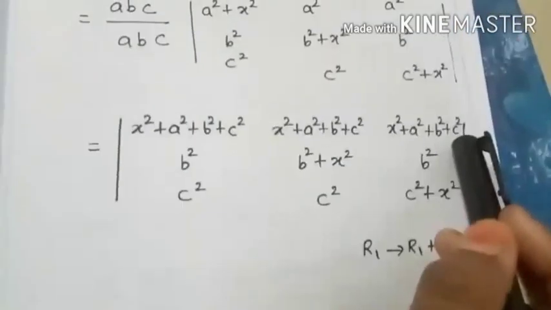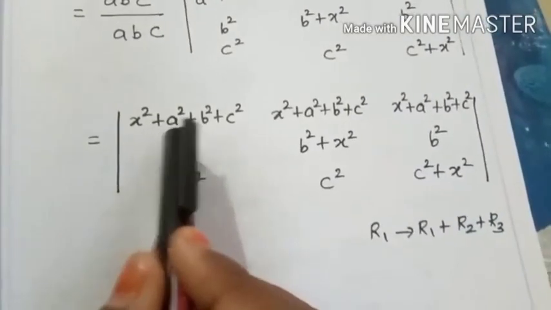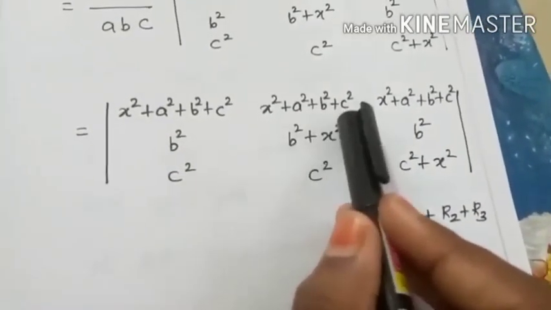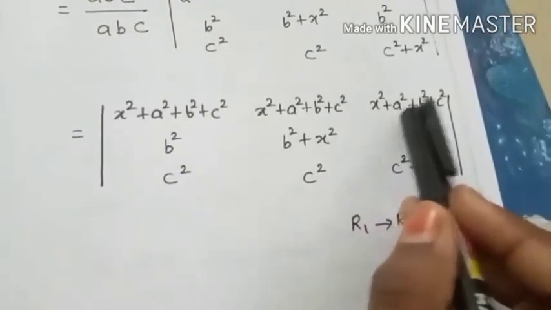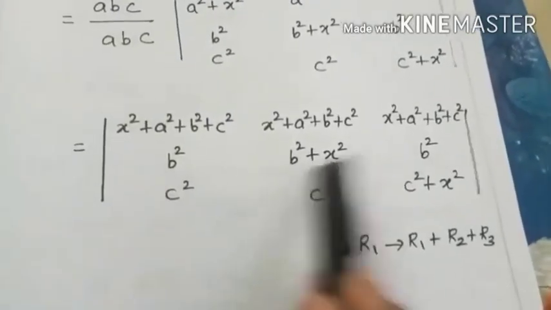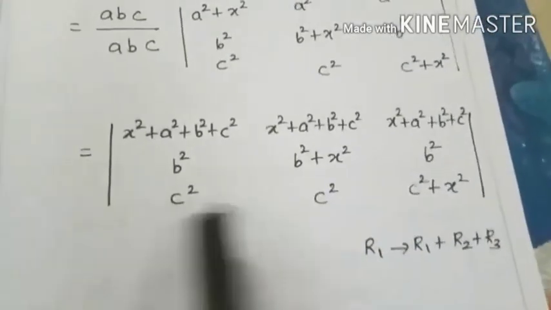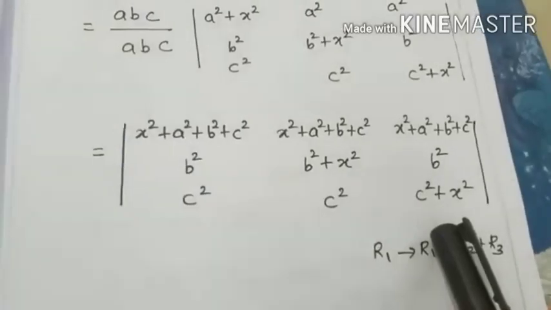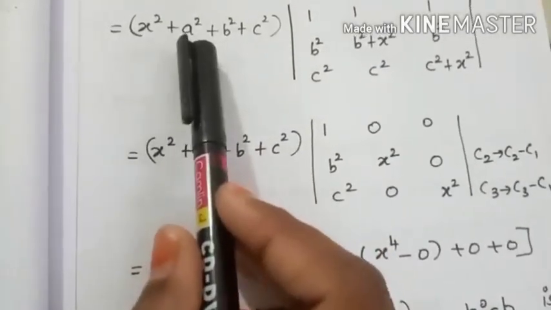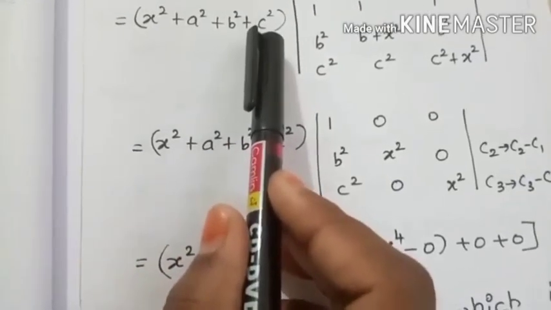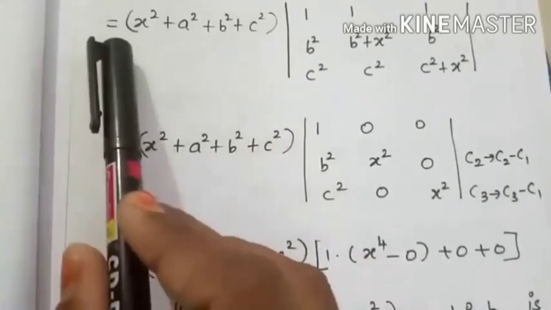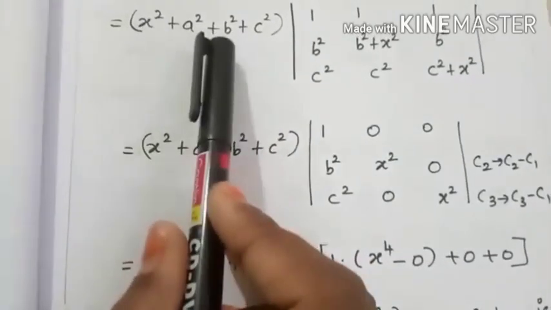So therefore the determinant becomes x squared plus A squared plus B squared plus C squared in all three elements of R1, R2 B squared, B squared plus x squared, B squared, R3 C squared, C squared, C squared plus x squared. So in the last determinant, x squared plus A squared plus B squared plus C squared is the common element in R1. So taking it outside of the determinant, we get x squared plus A squared plus B squared plus C squared